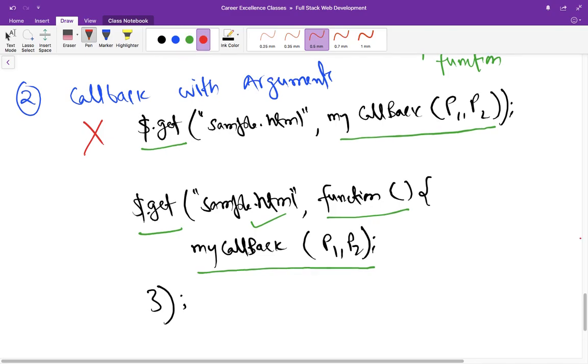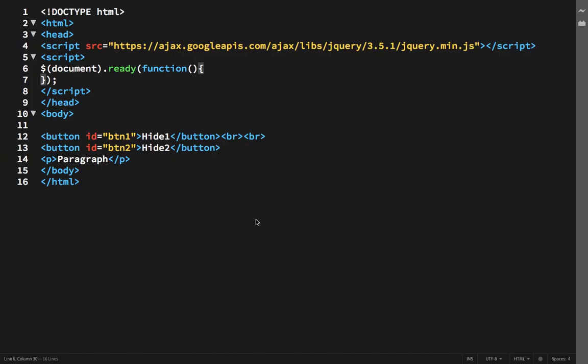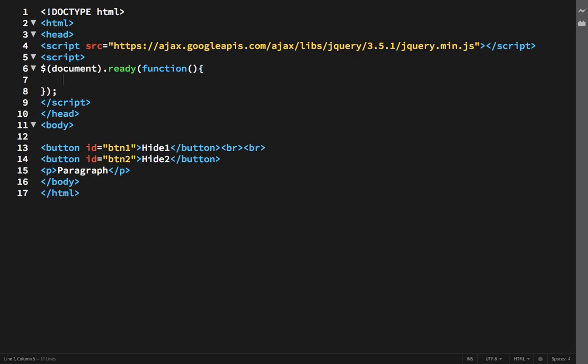Now let us take one example to understand the difference between without callback and with callback. So here I have created a file that contains two buttons with ID btn1 and btn2, and there is one paragraph. So what I am going to do here is I am going to click this button. I can take button 1 as of now.